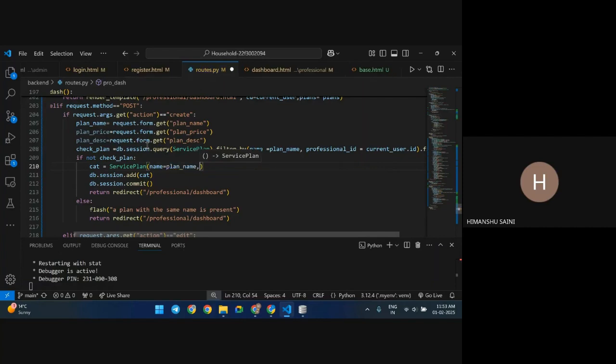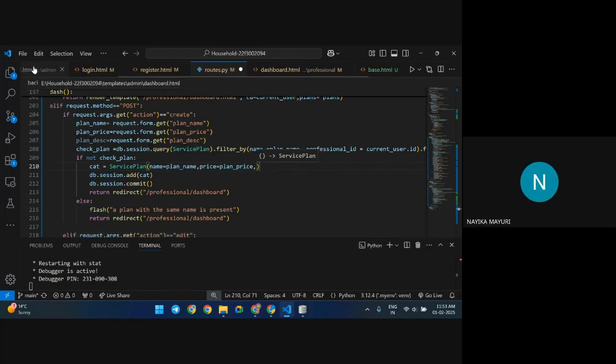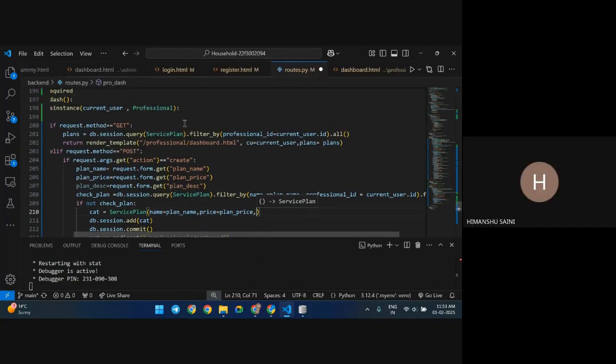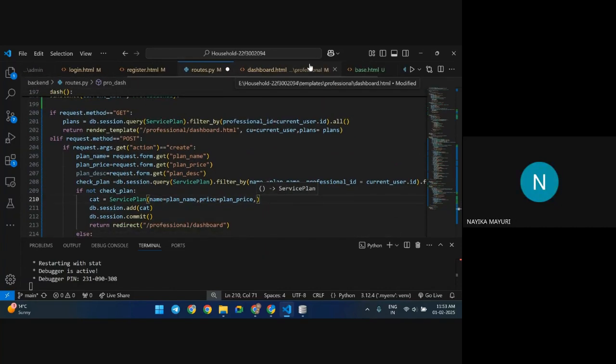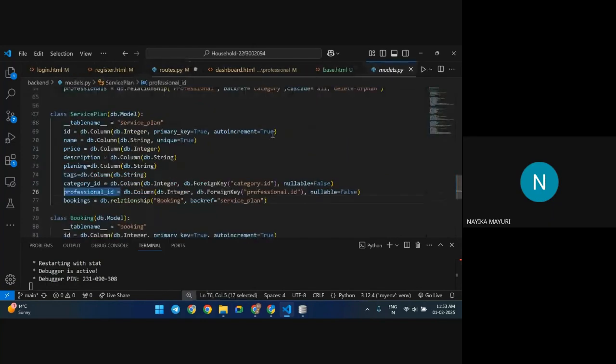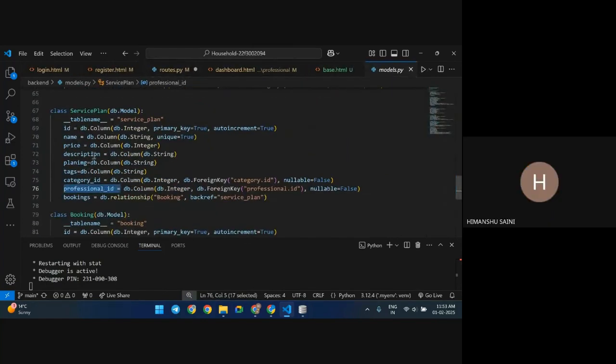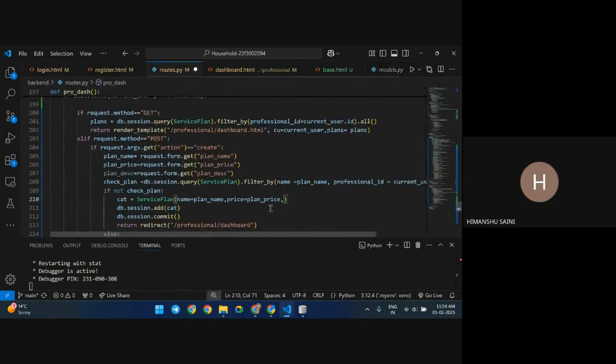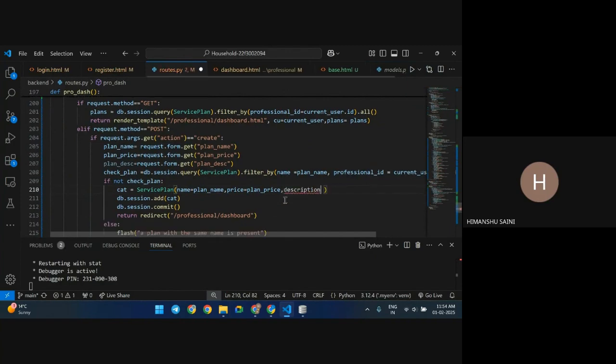Price will be plan price, and plan description. I am not sure if it is description. I don't remember the table models. Description is there. I just copy it. Description equal to